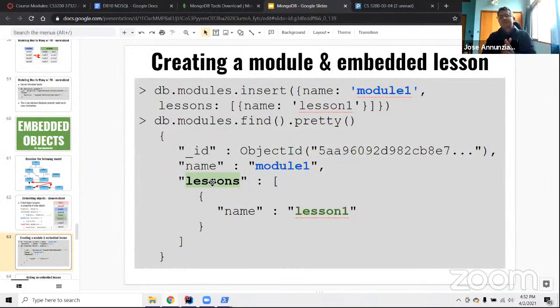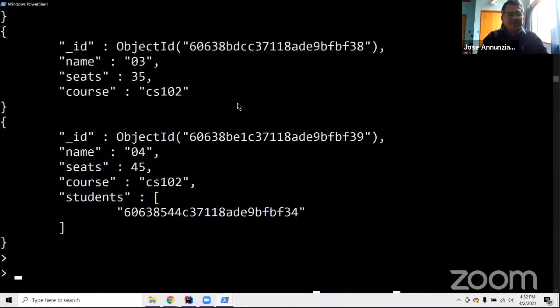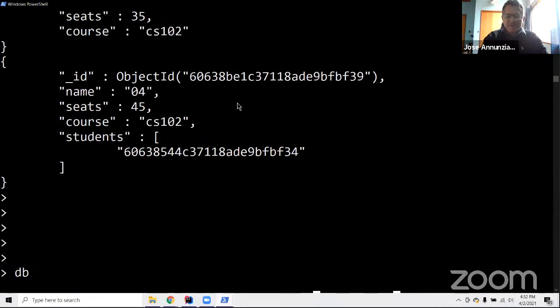So how will we do this? Let's take an example of embedding data inside. Let's for instance create a module. Right, let's create a module. So this is a brand new collection, and we're going to insert a new module, okay, and it has a field name. This is module